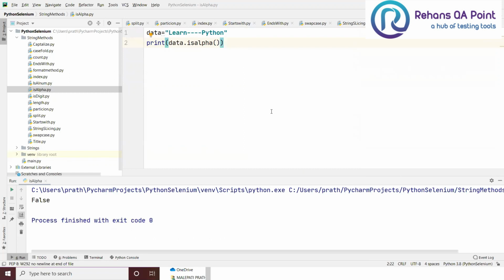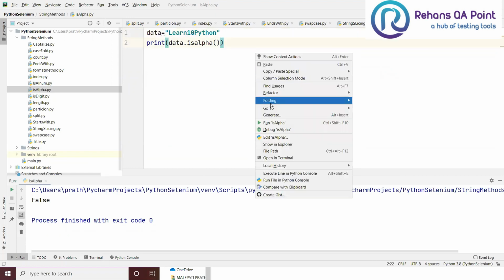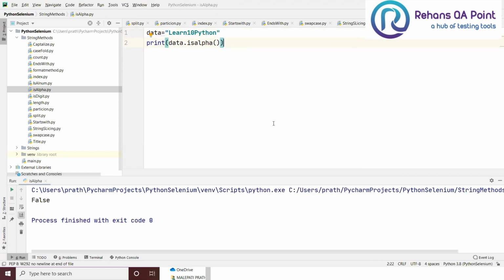Why? Only A to Z characters should be there, no special characters. No special characters are going to be encouraged. Okay, so Pratap, in case I keep a number or special characters, then what will happen? It is strictly mentioned that it should be purely A to Z, small or capital. No 0 to 9 are encouraged, and no special characters are allowed.